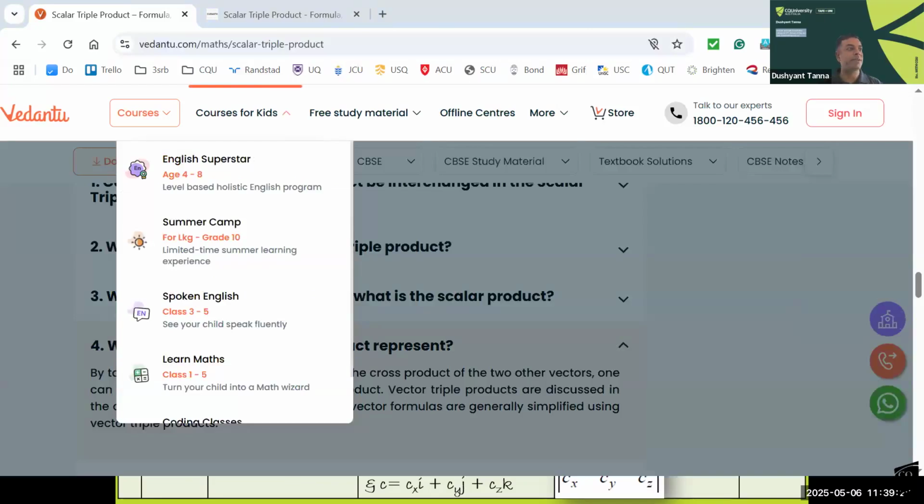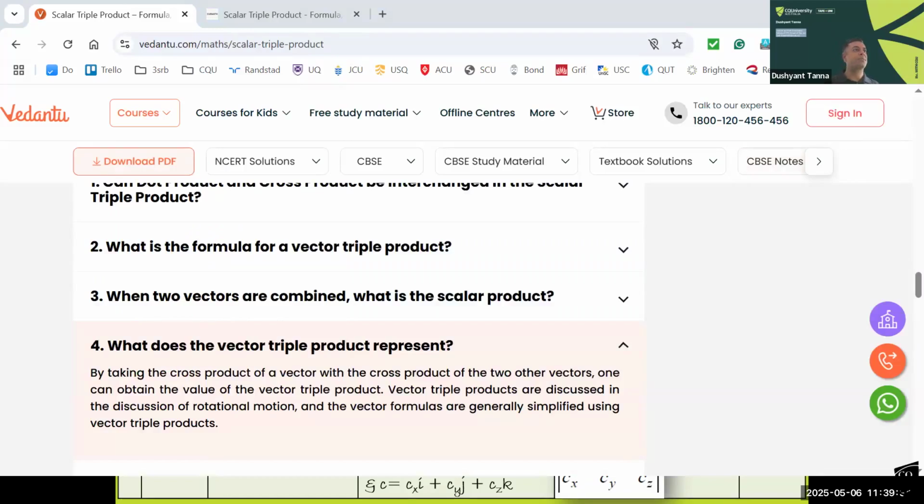So just don't treat it as a basic vector scalar question. It's really more